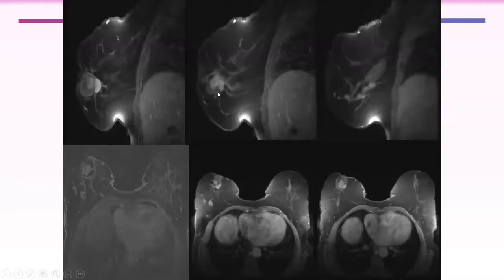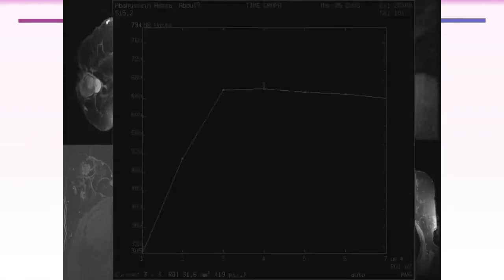And here the soft tissue component is intensely enhancing, with rim enhancement of the cyst, as well as enhancement of the